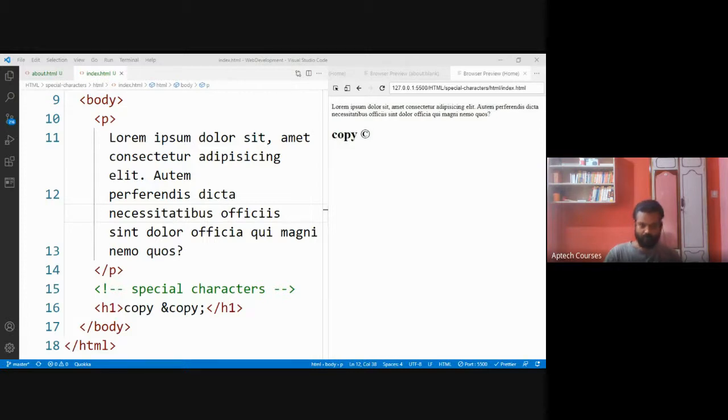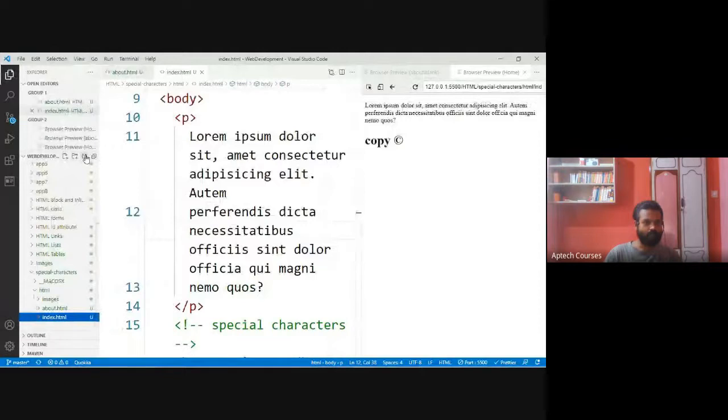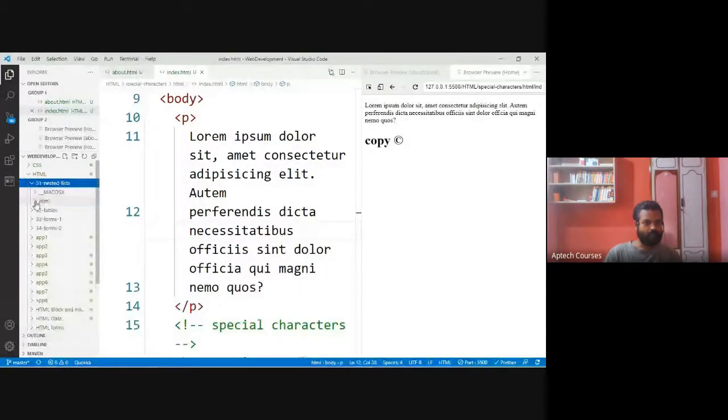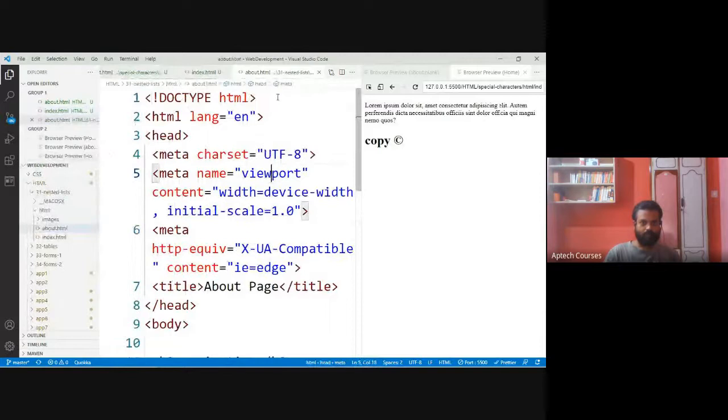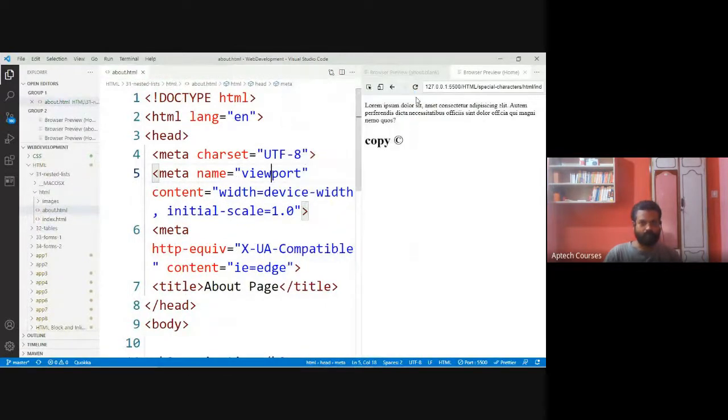How to nest the list? Nesting list. HTML, about.html.